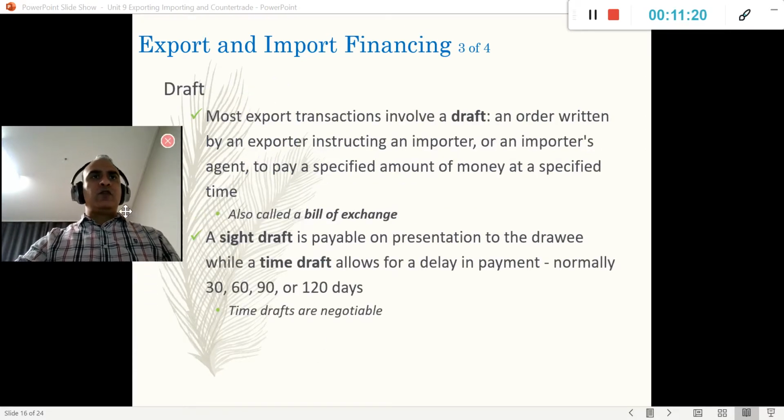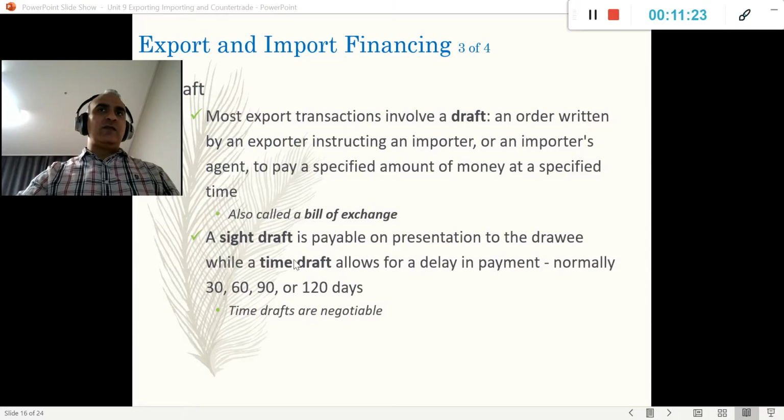So also, most export transactions involve a draft. It's an order written by an exporter instructing an importer or an importer's agent to pay a specified amount at a specified time. So in this case, we set when the payments are going to be done, right? This happens when we already have a constant supply, right? So in this case, the importer and the exporter already know each other, they know when they will be paid,